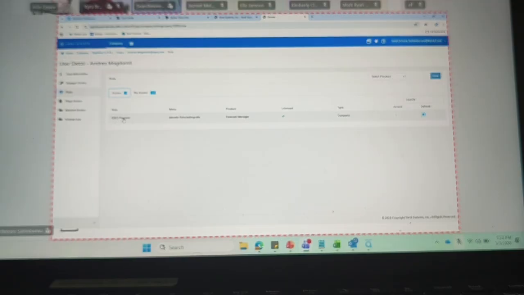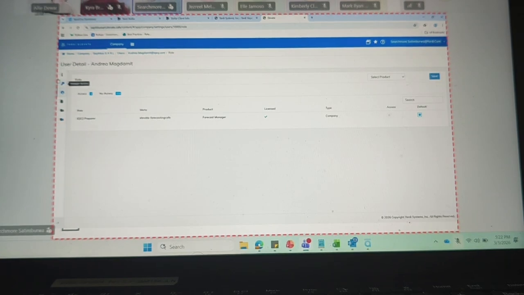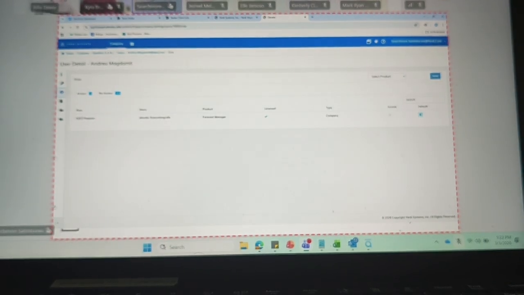So that row is common to everyone. Once you do that, that row is also